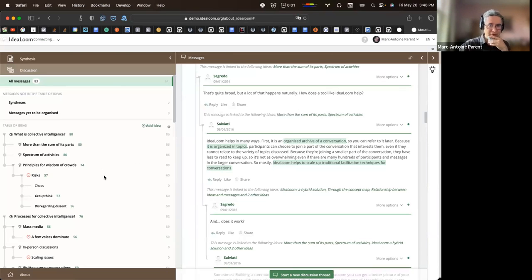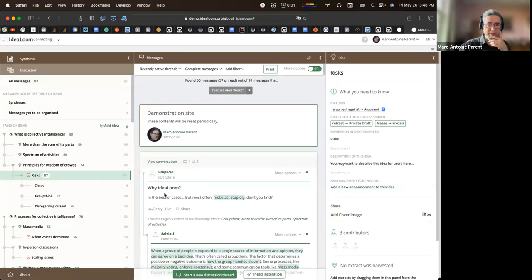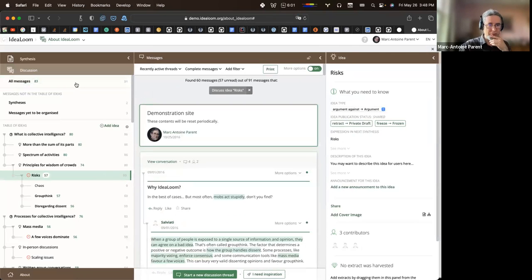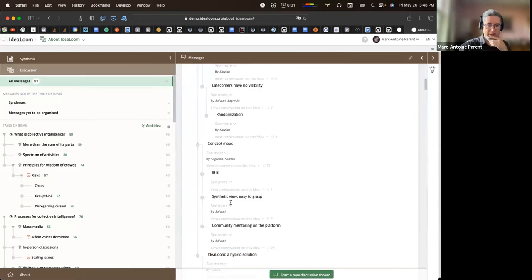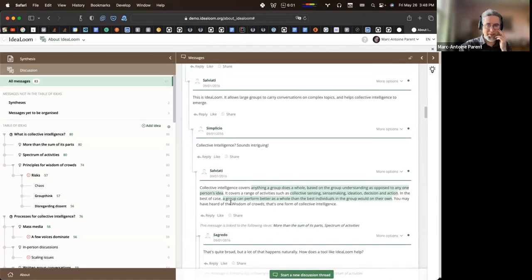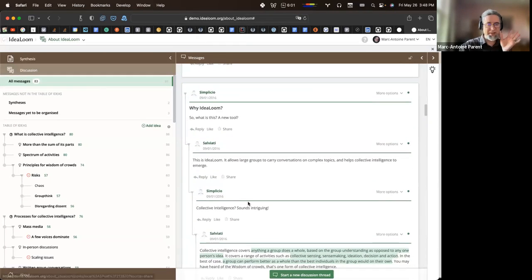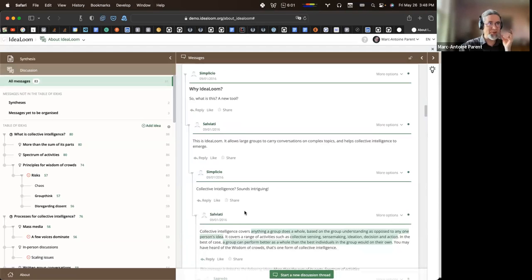Okay. So the way this works, there's the whole conversation, all messages. Forget those at the top really, because they're a bit weird. This is a fake conversation. I was just trying to show something. That's a sandbox. That means you can do whatever you want to it, and it will reset every night.